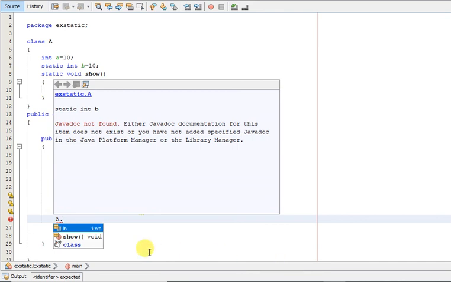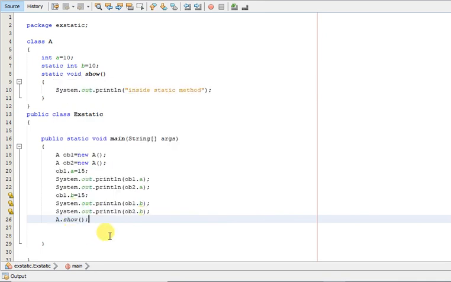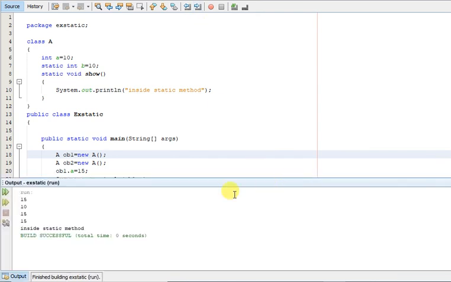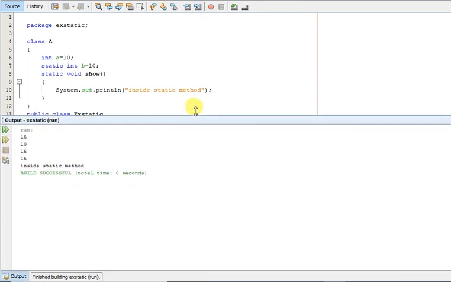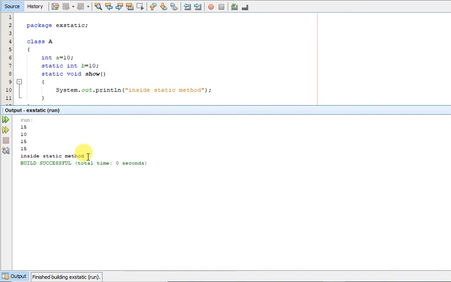See here, it is showing all the available static members. b is a static member and show is a static member. We can access both the static members using the class name. So A.show(). If I run it, we get the output from inside the static method.